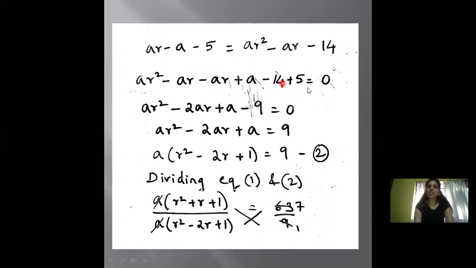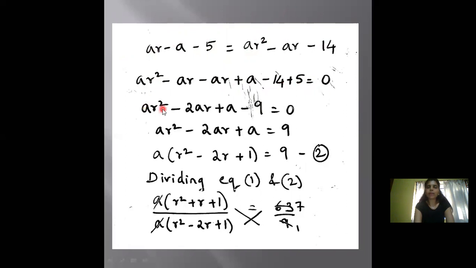And then I have taken the variable to the other side. So you can do it either way. Initially you can take the number to the other side. I arranged it with the higher order of the index first, and then in decreasing order. So AR square first, which came here and became negative, I have taken to this side, so AR square is positive. When this AR is written, I have written minus AR, and when this AR goes to this side, it becomes minus AR. When this A goes to this side, it becomes plus A. Minus 14 and this minus 5 go to this side, so it becomes plus 5 is equal to 0.